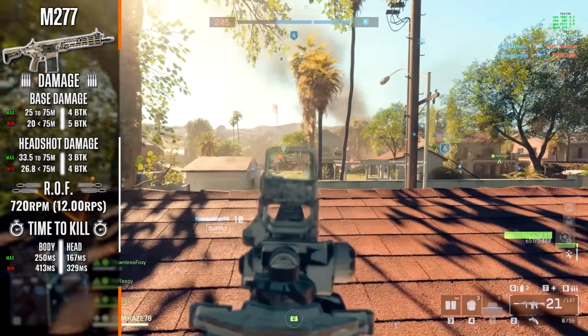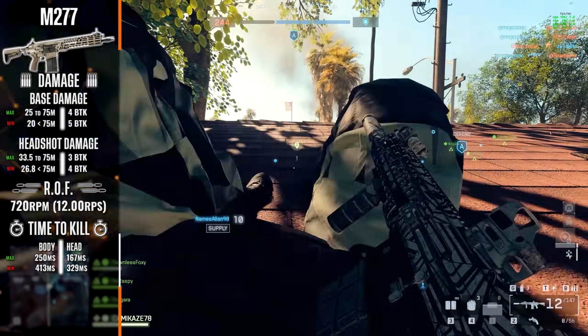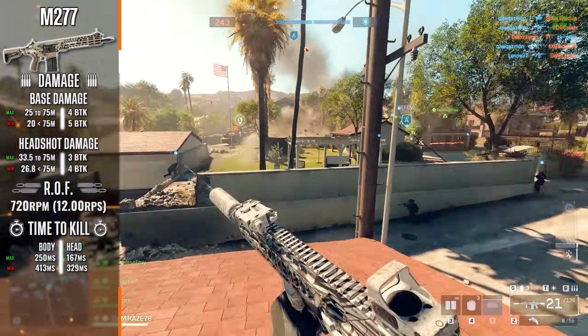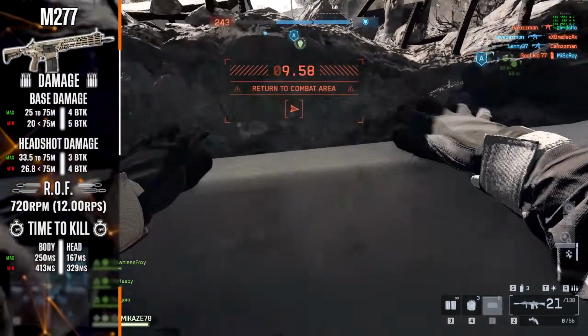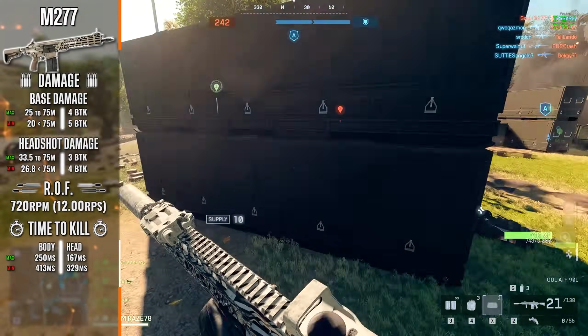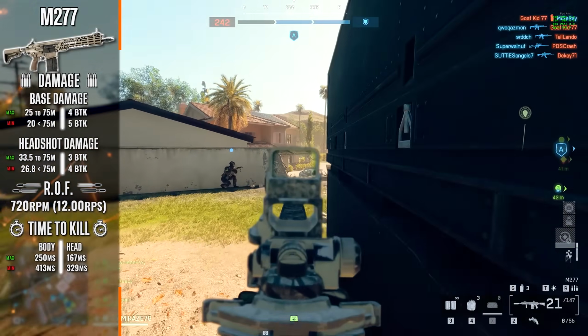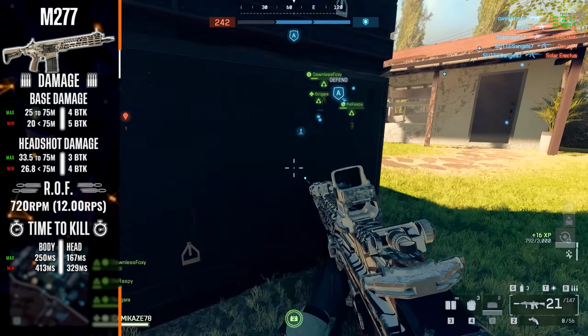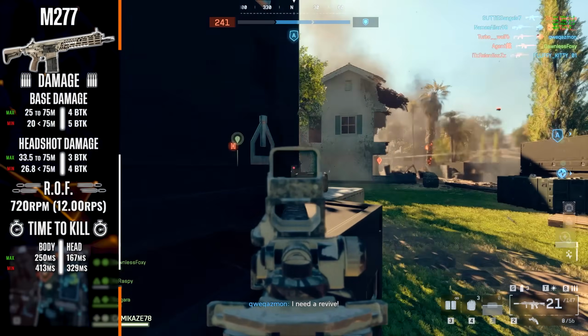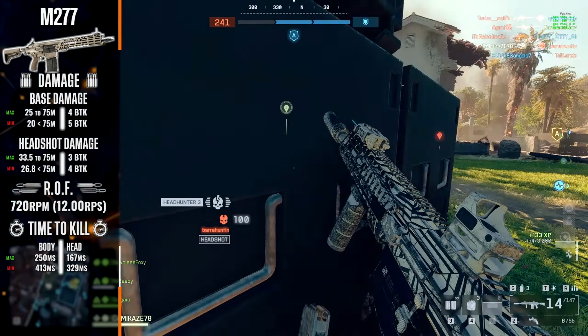But of course, what does it mean from a time to kill perspective? Well, take the M277's rate of fire of 720 rounds per minute, we are left with a 250 millisecond time to kill all the way out to that 75 meter range and a 413 millisecond time to kill beyond that 75 meter range. Of course, these stats are entirely theoretical and assume a 100% body shot accuracy, a true utopian vision of the world there,